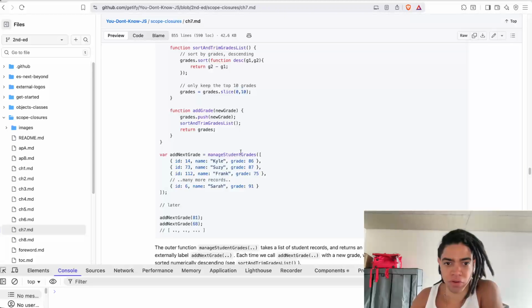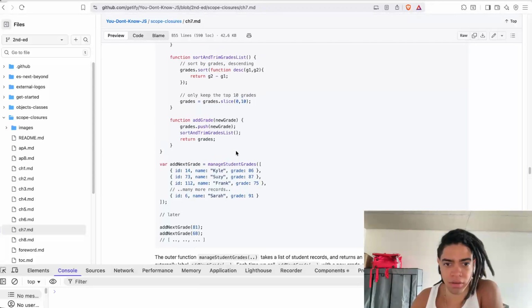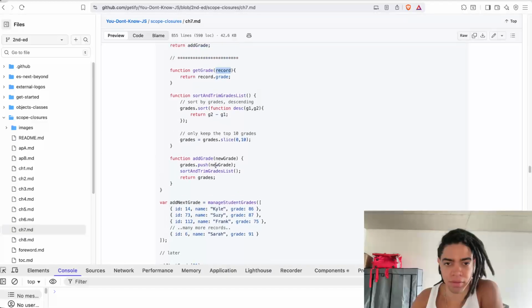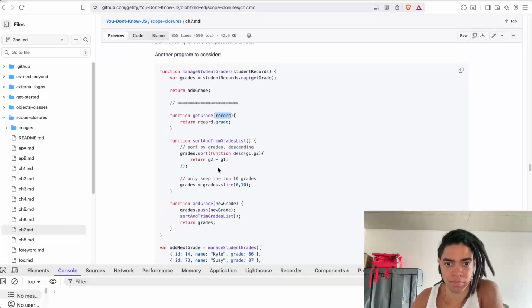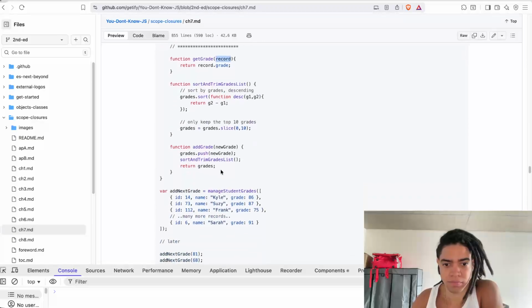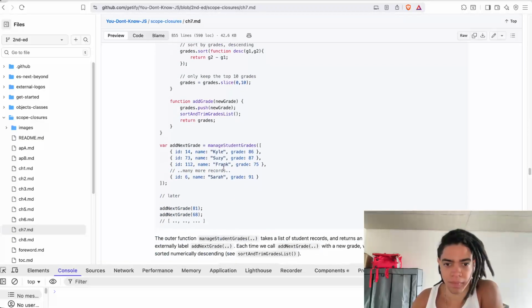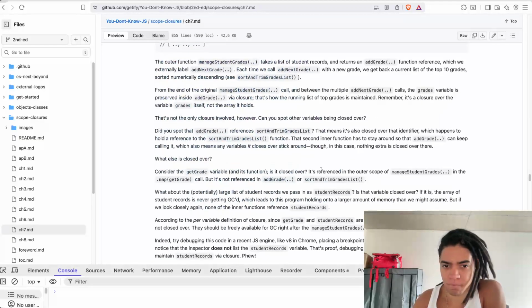So manageStudentGrades, addNextGrade here. So it is referenced in the outer scope of manageStudentGrades in the map call, but it's not referenced in the addGrade